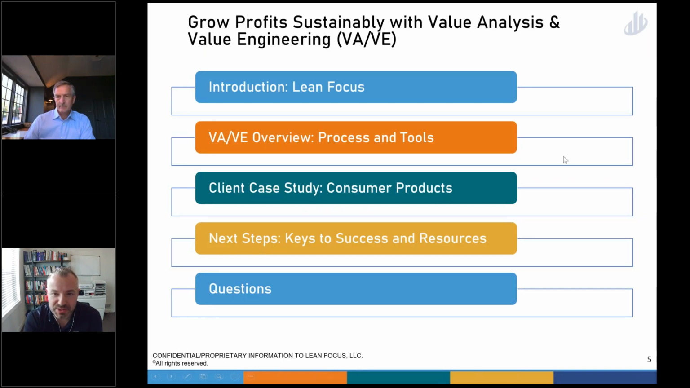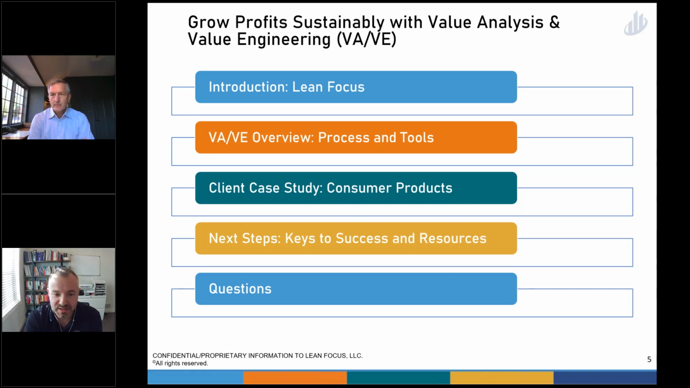So here's our agenda for today. We'll give you a brief introduction as to who we are at Lean Focus and what we do and what types of clients we work with. We'll give you a general overview of the tool, value analysis, value engineering. We'll go through the process and some of the different tools we use during the workshops as we execute VAVE